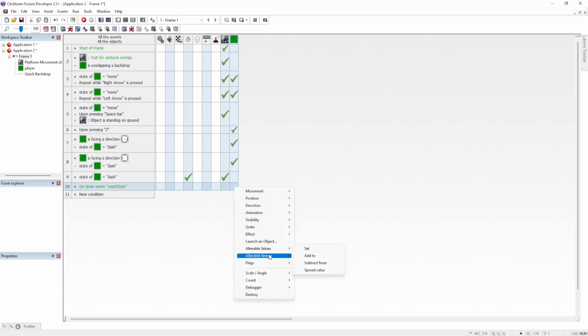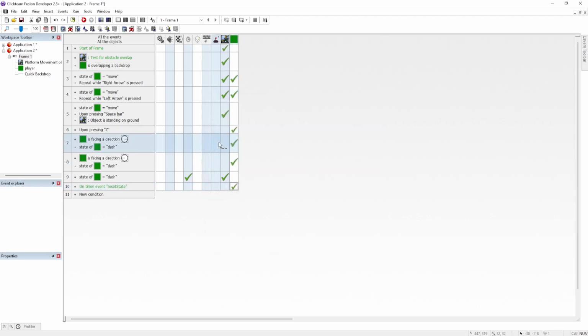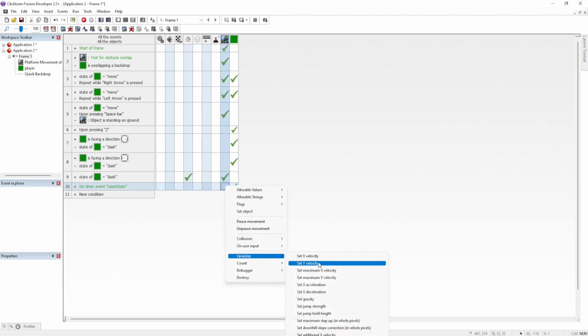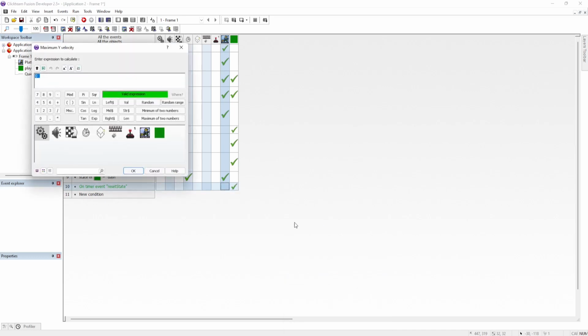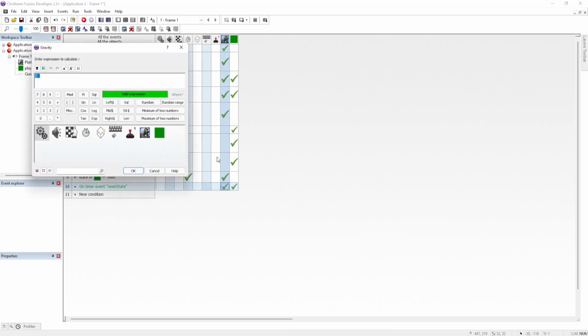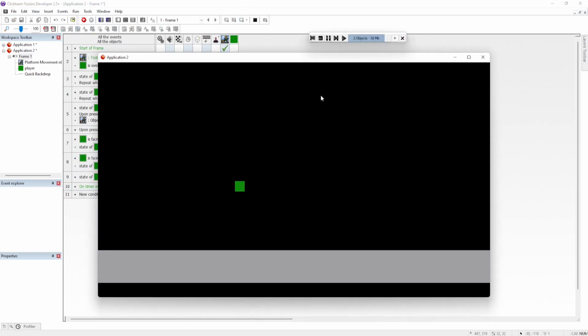We need to set the alternate string back to move. And we need to reset our gravity and maximum y velocity. So we're going to say variables set maximum y velocity to 800 and then gravity to 30. All right, so now let's test that really quick. There we go. So now that's working